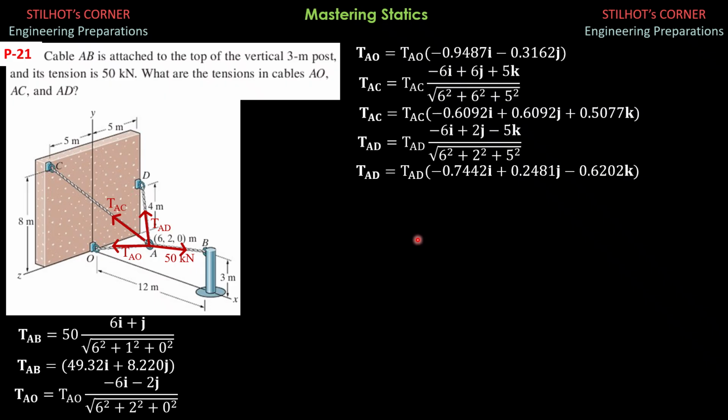Then summation forces X equals 0. So that would be negative 0.9487 TAO, negative 0.6092 tension AC, then negative 0.7442 tension AD, then plus 49.32 equals 0. So transpose 49.32 to the right, so negative 49.32. Equation 1. Summation forces Y equals